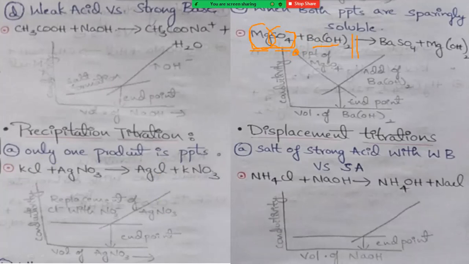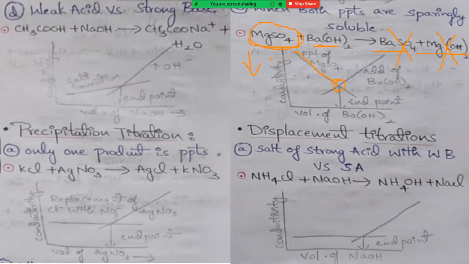When we add this barium hydroxide, it forms barium sulfate and magnesium hydroxide in the conical flask, but these precipitates do not participate in any conductivity values. So what is happening here? The magnesium sulfate concentration decreases as barium hydroxide is slowly added. When the magnesium sulfate concentration decreases, the graph also decreases, right? At this point, this is the end point. At which point what happened?